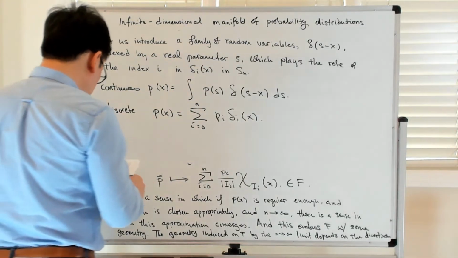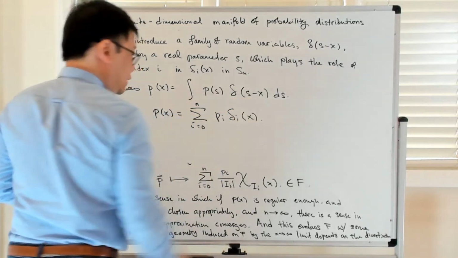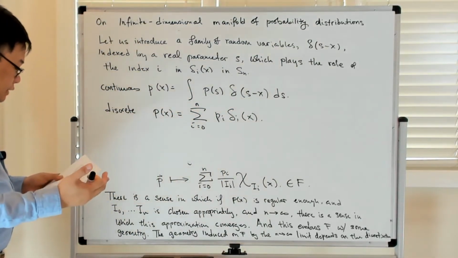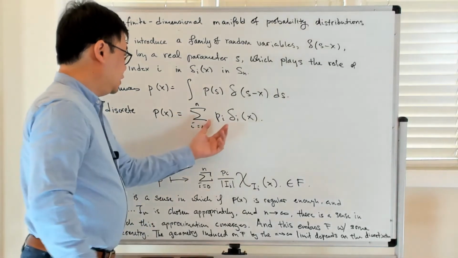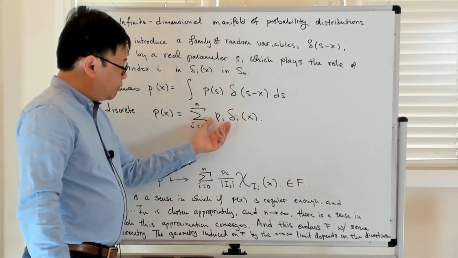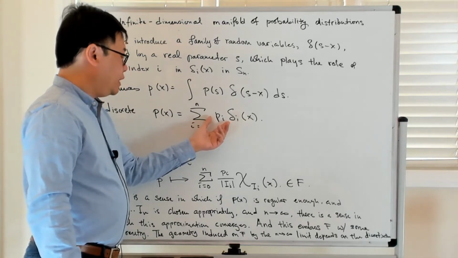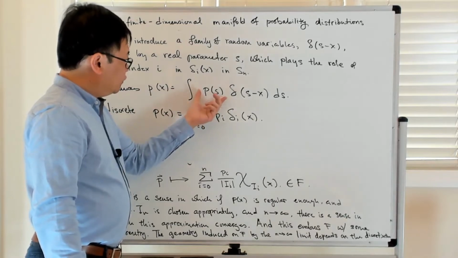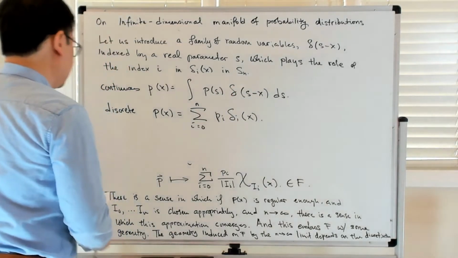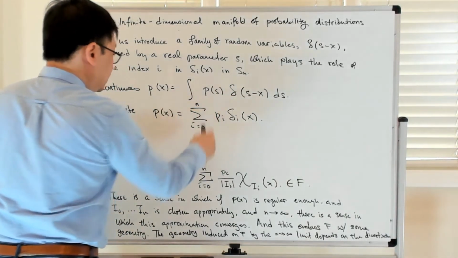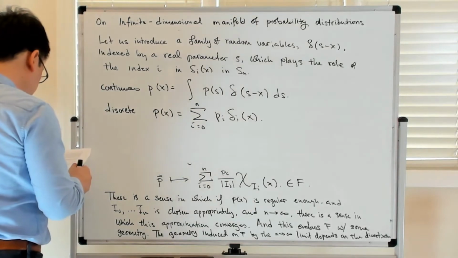Okay. All right. So the point then is that if you think of a probability distribution written in this way, then this is a mixture family. And the other thing, of course, is that in order for this to be normalized, it has to have the property that the p_i sum up to 1. This is analogous to the condition that the integral of p over the entire domain is 1. So there's again a normalization condition on the coefficients of the expansion, for lack of a better term. Okay? All right.